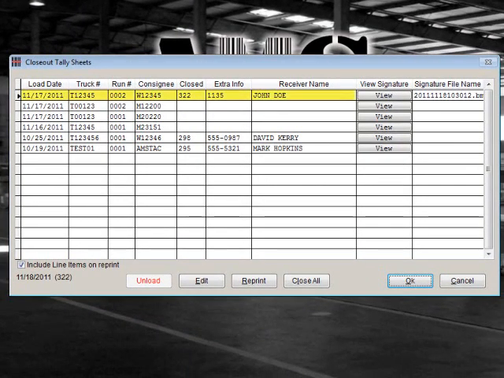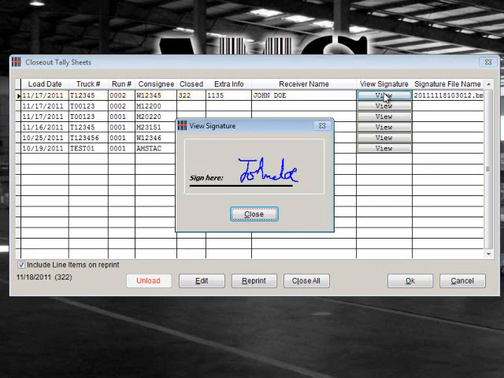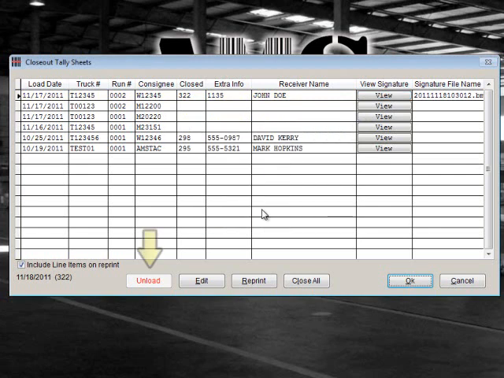You will notice that the tally sheet info is already populated. If you'd like to verify the signature, click on the View button next to the Closed Out Tally Sheet. The signature from the scanner will be displayed. From this screen, you can unload tally sheets, edit dispatch information, reprint a tally sheet, and even close all open